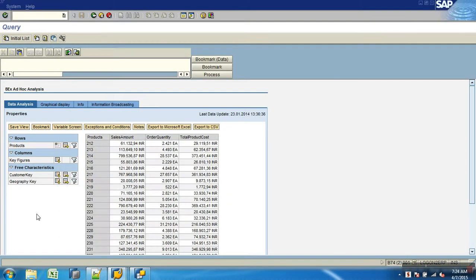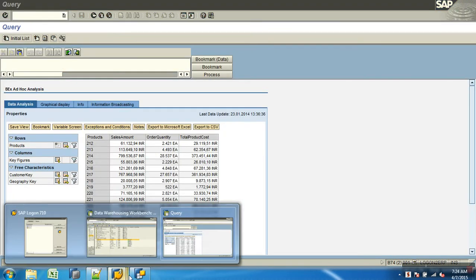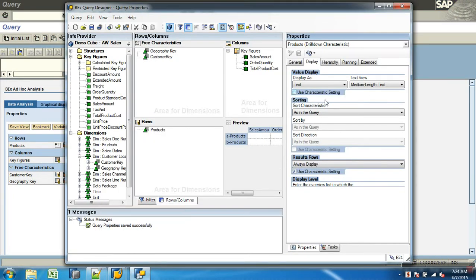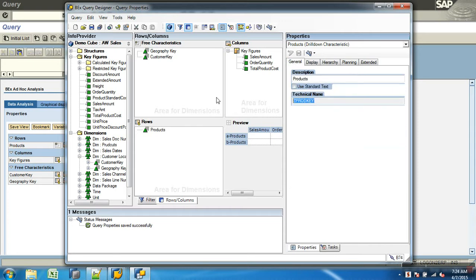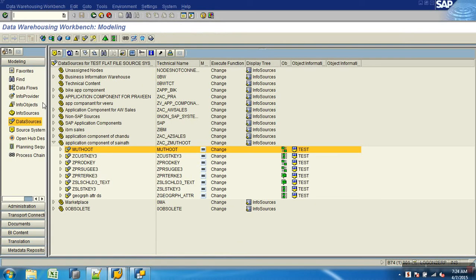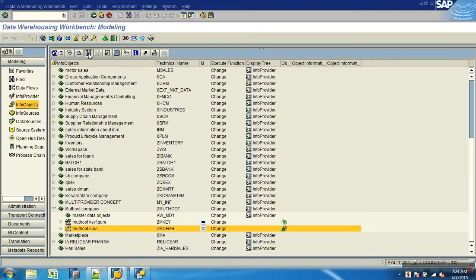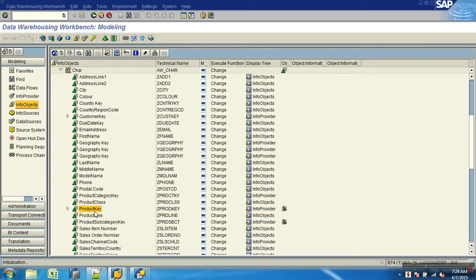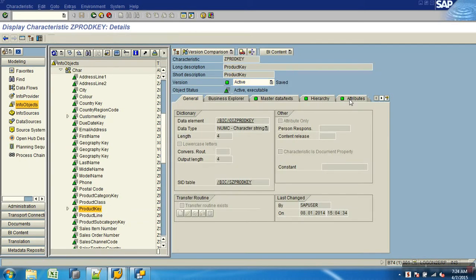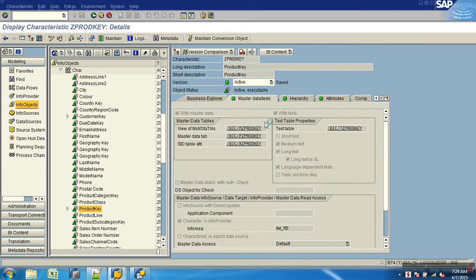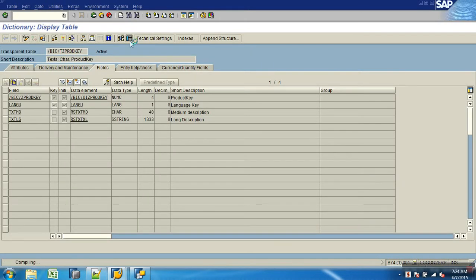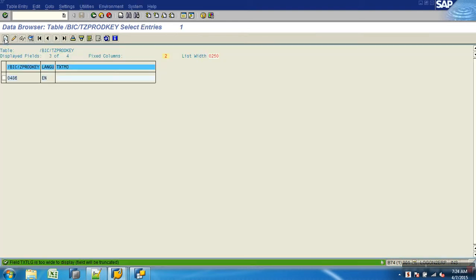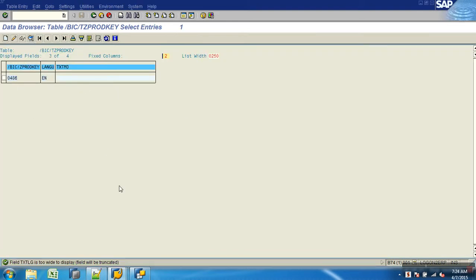I didn't save it. I think that is not maintained or something. Did we delete the data? I won't say whether, because when I say display as text and there's no description maintained, it will still show me the key as text. See, there's no text.